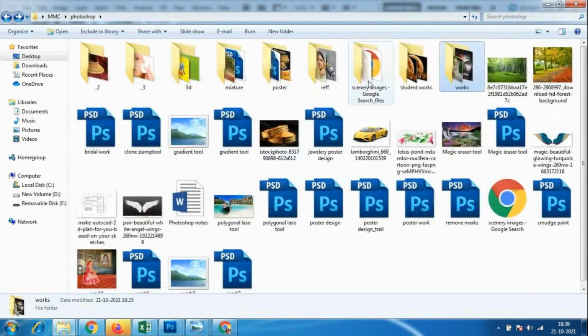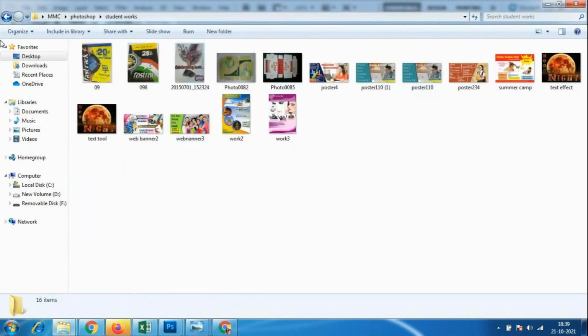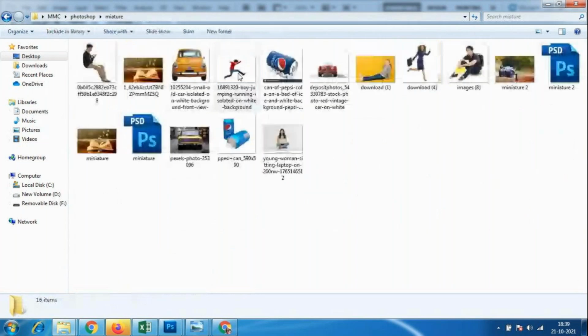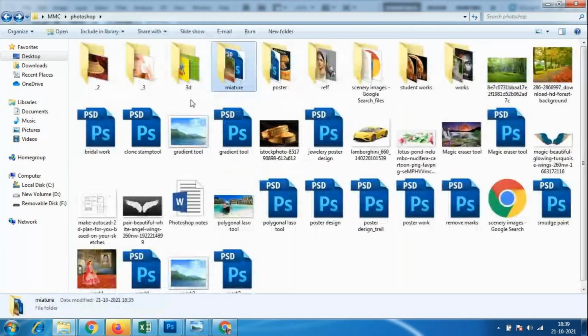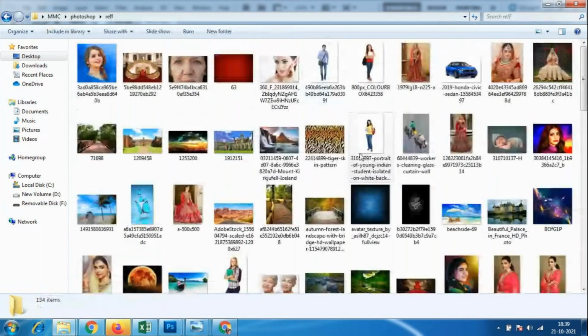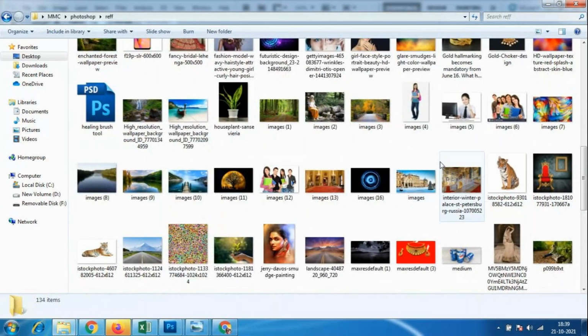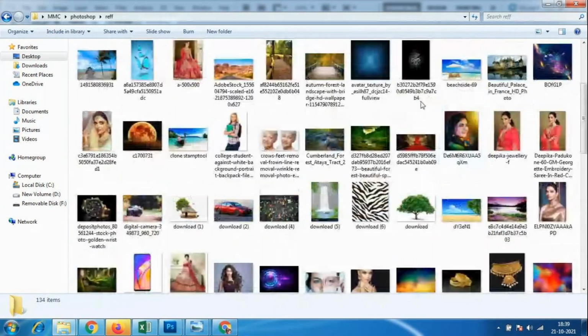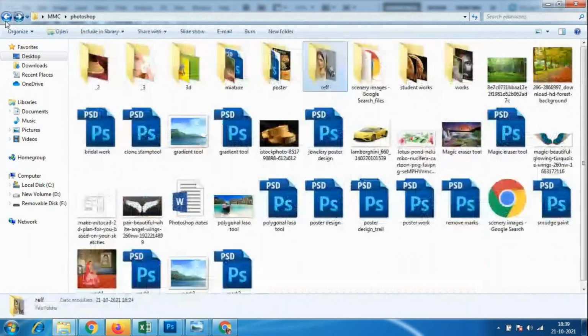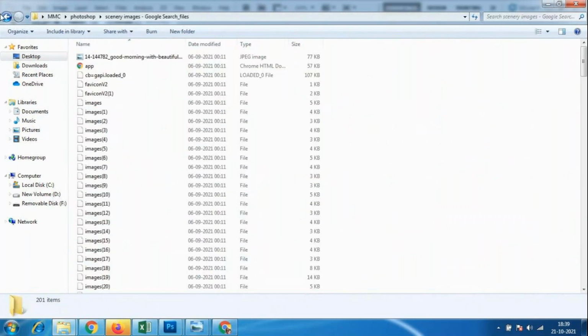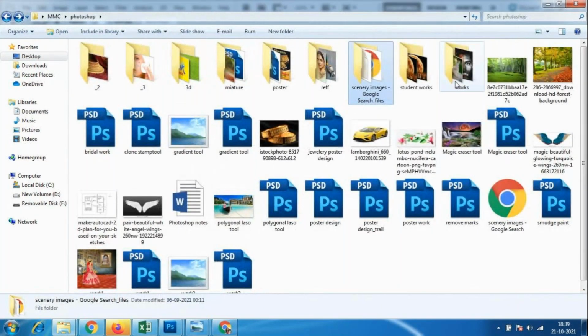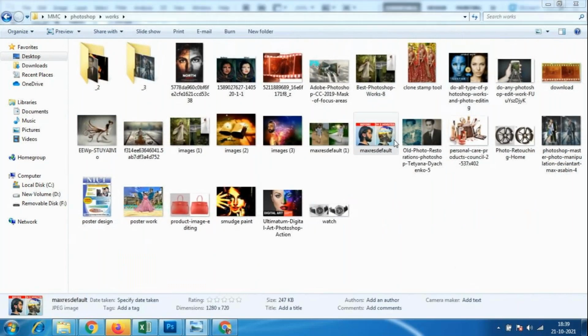Okay, we have seen this kind of images, right? Yeah, this is the thing. Actually, you can select the full face also.